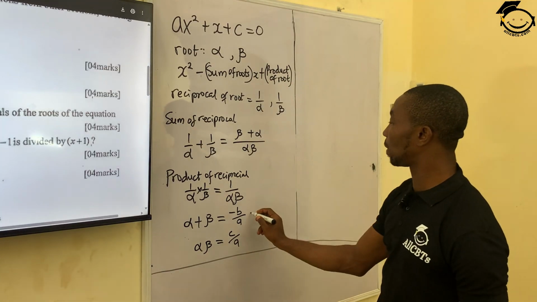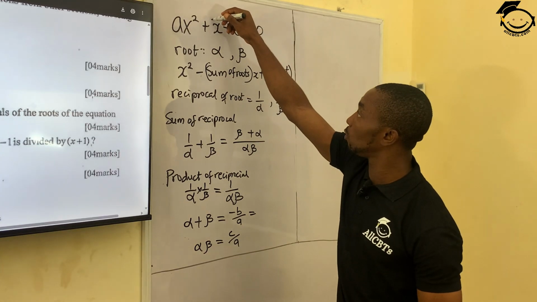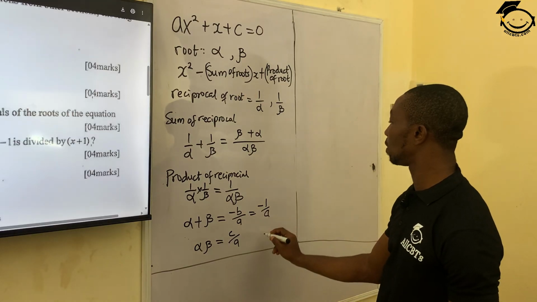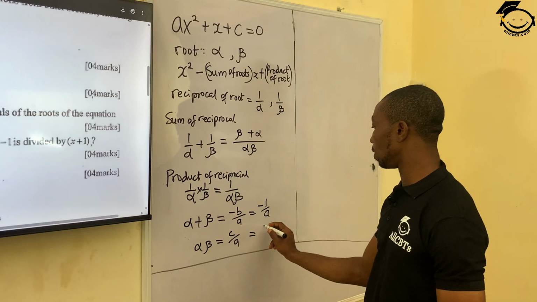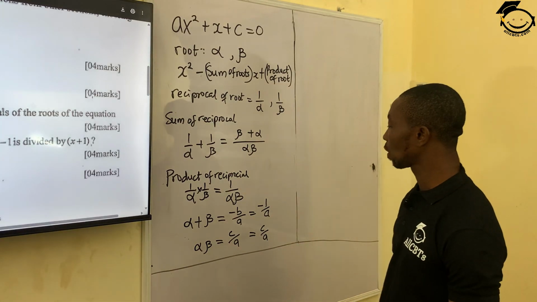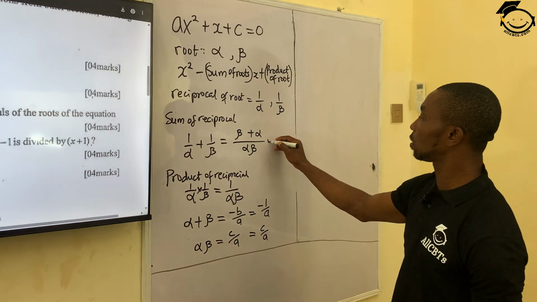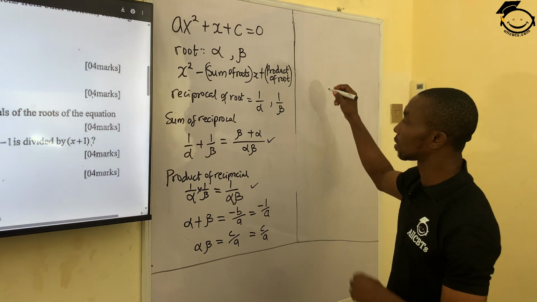Now, from the original equation here, we are having this is b, which is 1. That will become minus 1 over a, and this will still maintain our c over a. Okay, now putting this into this and this,